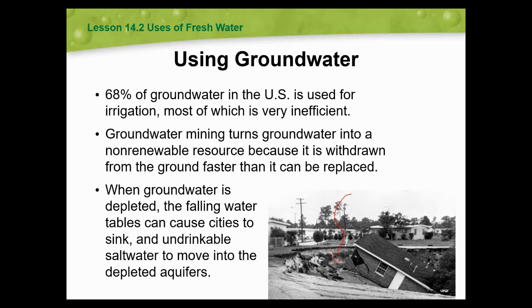And what can happen is we can have sinkholes that are caused by the water table falling, and suddenly you have this porous rock that is not filled with water. And when it's not filled with water, it changes how stable that area is. So this is one of the major causes of sinkholes. This is why, with sinkholes, you tend to be able to predict what kind of area they're in because of the geology, because of the kind of rock there, and because of how the groundwater is being used there.